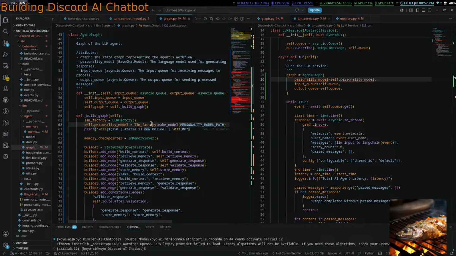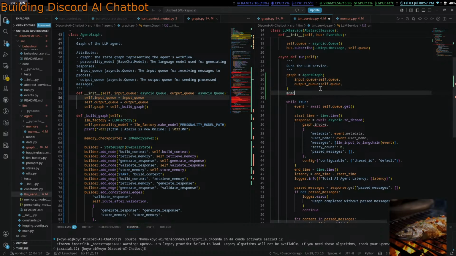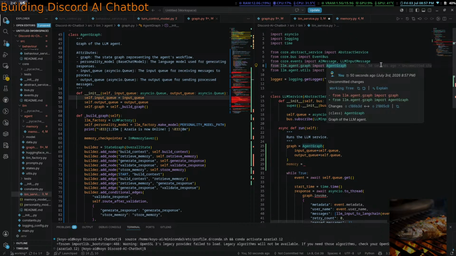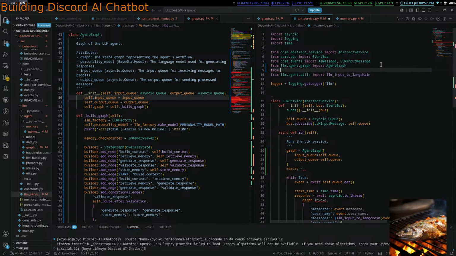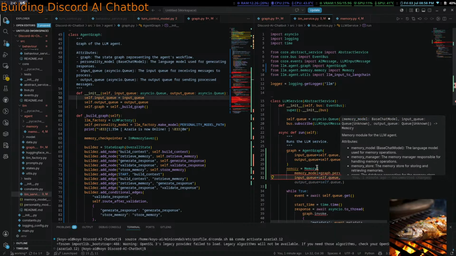LLM factory, personality model, LLM factory, make model, personality model path. Get out. And then memory equals, where from LLM.agent.memory input memory. Okay. Equals memory, and then memory model, so personality.